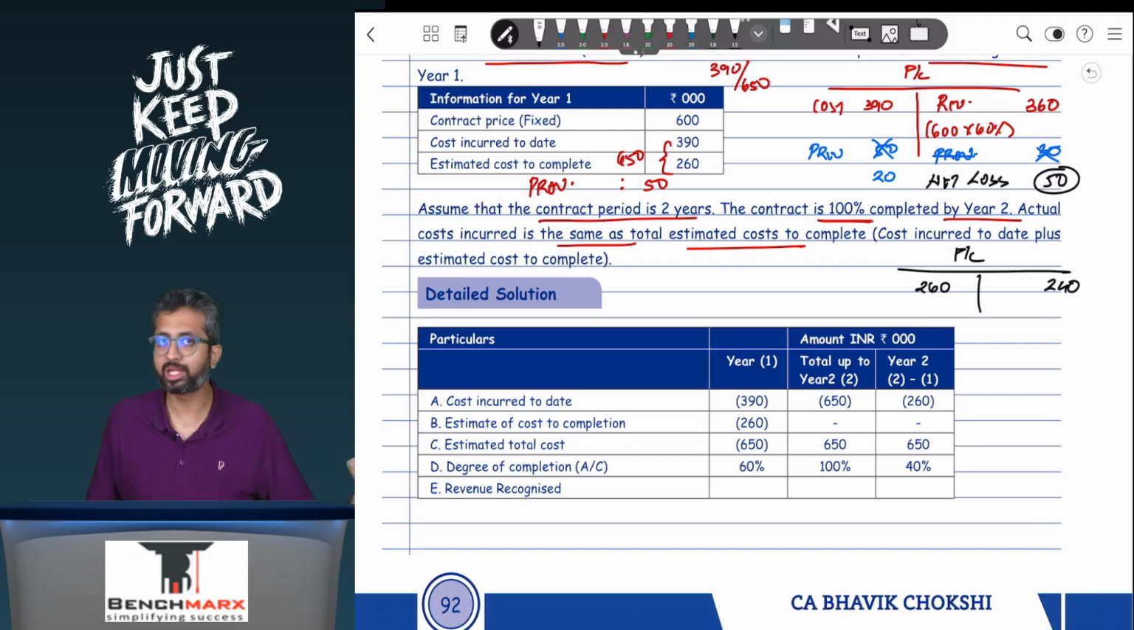However, you have already created a provision. I can't take it to net loss in the P&L of the second year. You have already created a provision. So what will you do? You will reverse the provision. Your provision has a balance of 20, you will reverse it, and as a result there will be no further